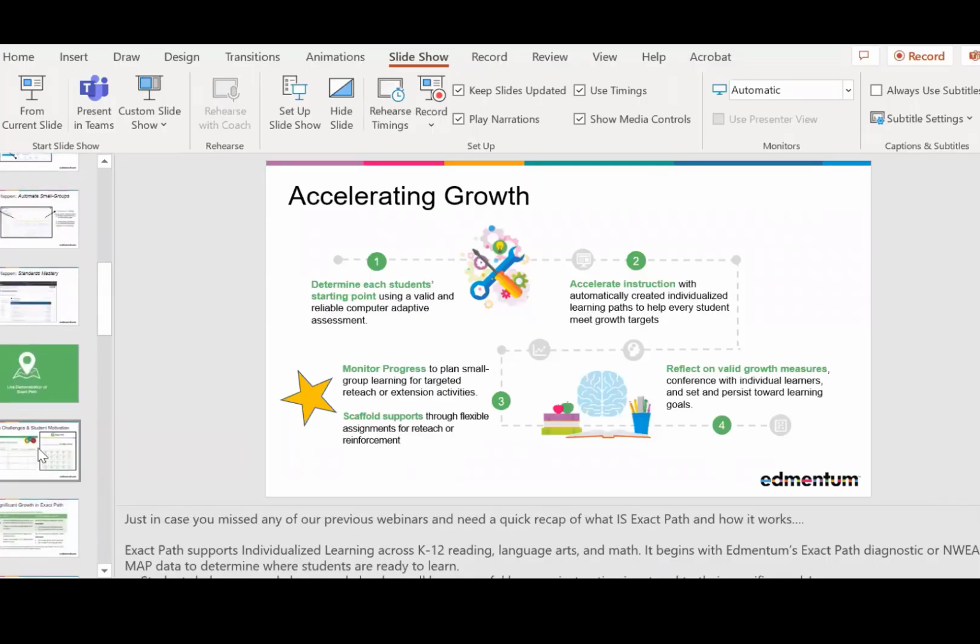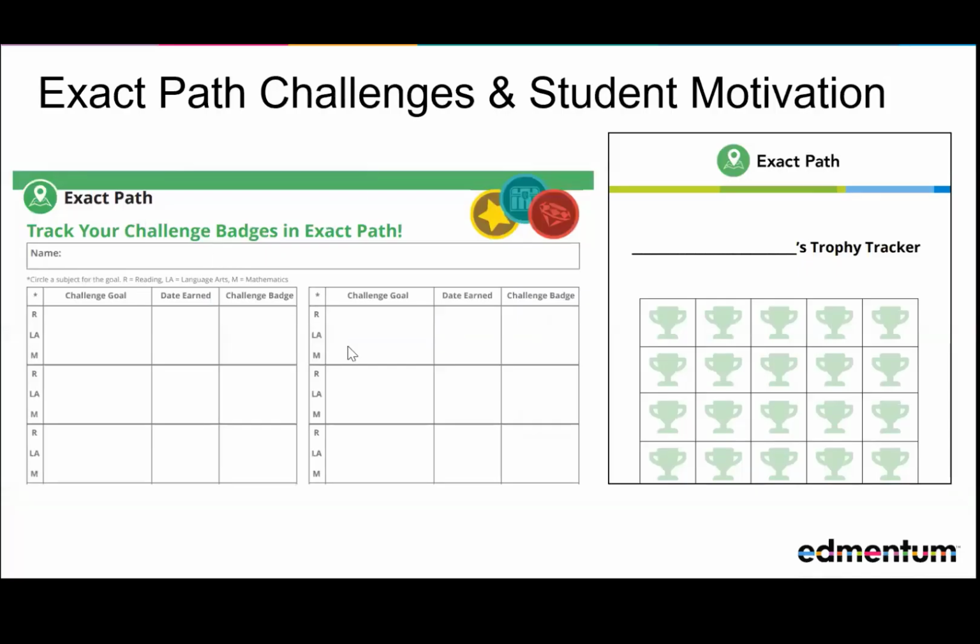So let's go back and kind of finish up our presentation. When we talk about all the work that students have done, I am a huge fan of making sure that specifically students in grades 6 through 8 are starting to keep track of all of the skills that they've mastered, right? It helps with that motivation. They are able to keep track of their trophies in Exact Path, but also by writing it down. So just know that we have trackers available if you would like students to write down how many trophies they have earned, because in the long run, when you've earned a trophy, you've mastered a skill. And that's always nice to see and take a little bit of control of